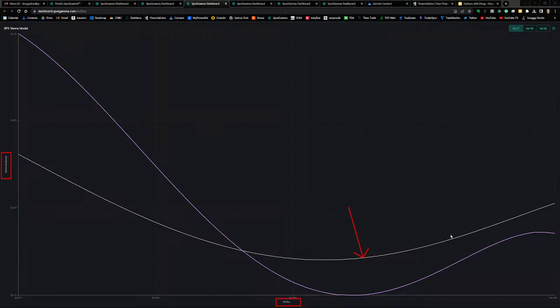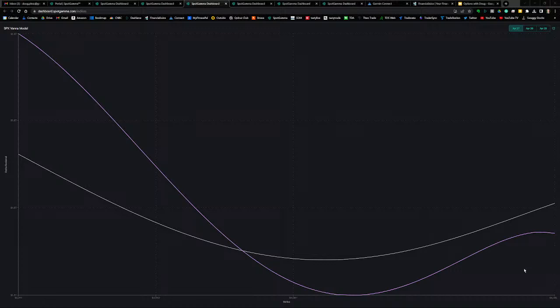And this is showing that as price increases, market makers' delta notional will increase and they'll have to sell futures. But one thing to note is this line is not as steep as it has been in the last few days. And then also, as price decreases, market makers will have to sell futures to hedge their delta exposure. All right, so that's the light gray line showing delta only.